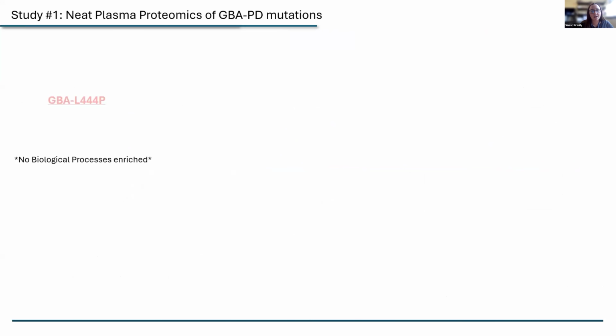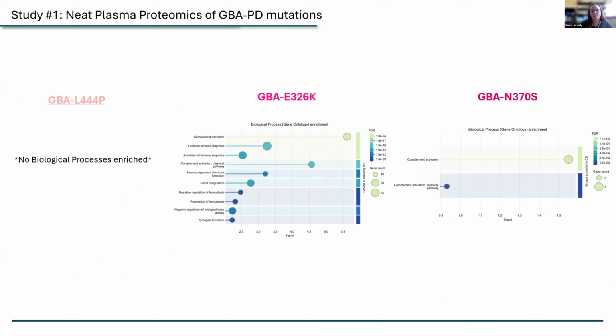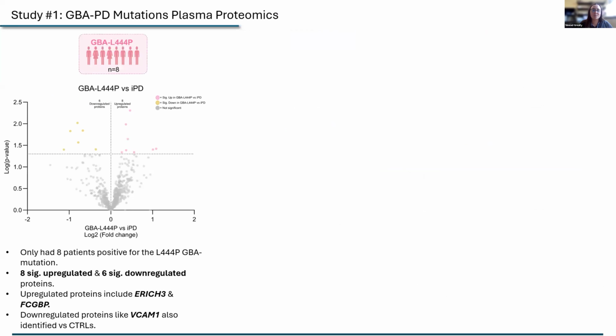When I looked then at the biological processes for L44P, there was no process enriched. For the E326K, as I mentioned before, it was mainly complement and immunity. And this was the same then for patients with N370S. When then I looked at each mutation versus IPD, we found 8 significant upregulated proteins for L44P patients and